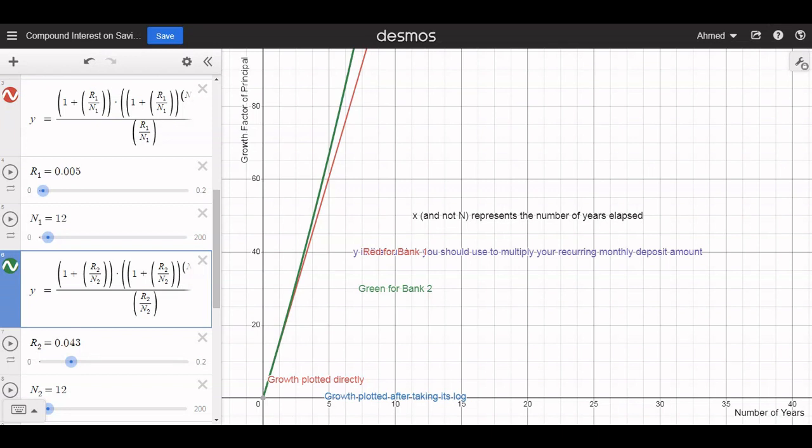Hello students, I'm going to show you a use for logarithms that you will find very helpful. This week you've been learning about exponential functions and logarithms, and I gave you a discussion assignment that involves the